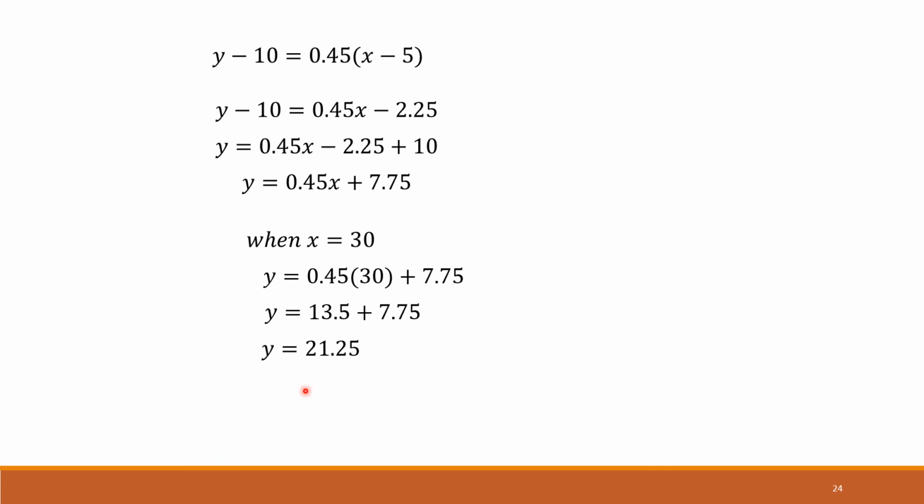So when the two lines are parallel, the slopes are equal. So we are calculating the slopes. Slope means y is equal to mx plus c. The coefficient of x is called the slope. So we are calculating the coefficient of x from both the lines, equating, and then substituting in the line of regression of y on x and calculating y when x is equal to 30.